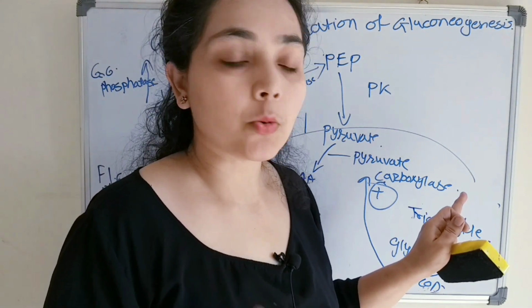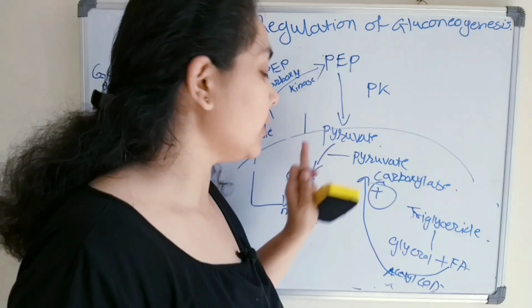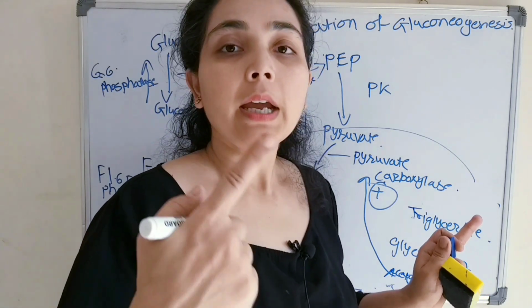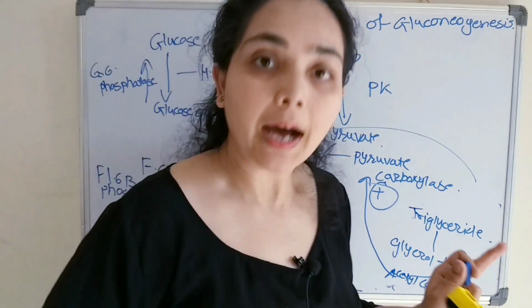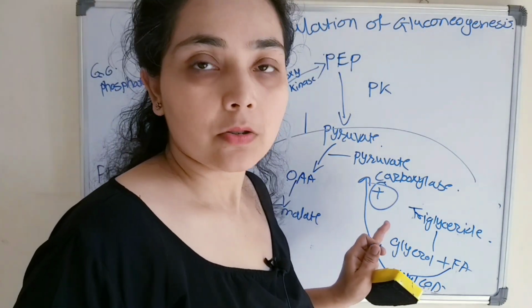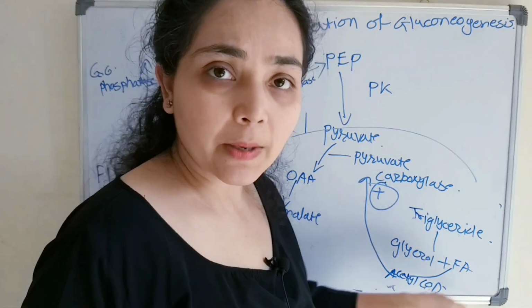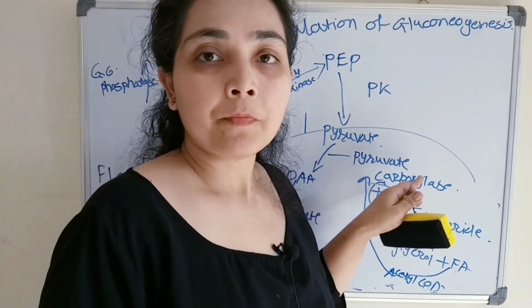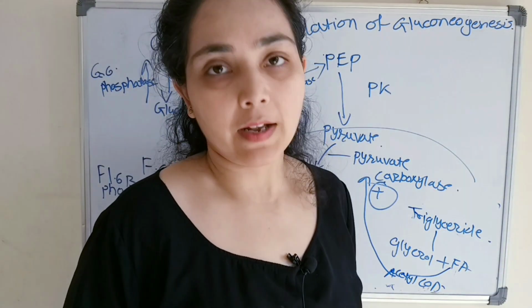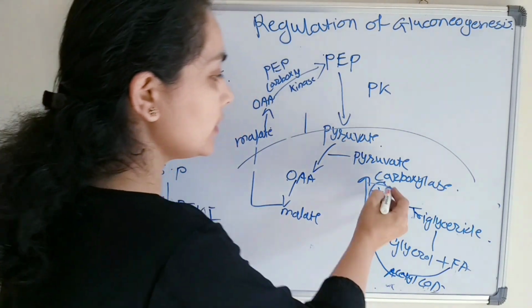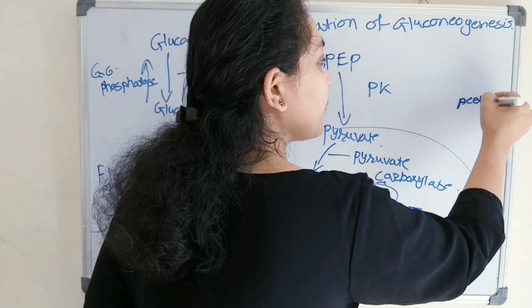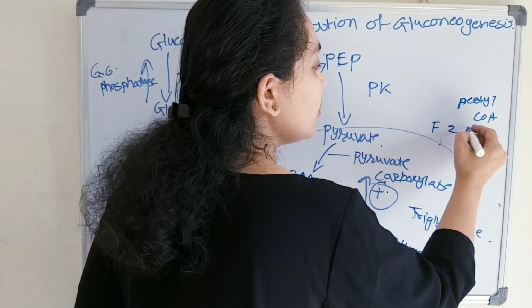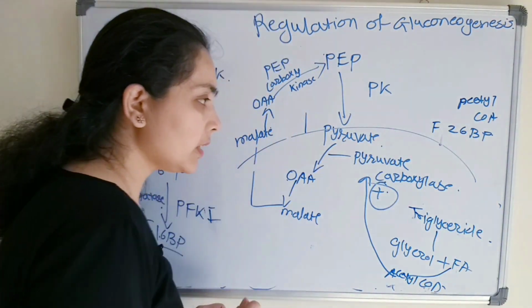What is pyruvate carboxylase doing? Pyruvate carboxylase is converting pyruvate to oxaloacetate. So if acetyl-CoA is present in large quantity, it is a positive regulator, and it will enhance the rate of this reaction. So that is the first step. This breakdown takes place during fasting, so the presence of lots of acetyl-CoA is an indication that the body is in the fasting state. Alright, so this is the first, acetyl-CoA. The second regulator is fructose 2,6-bisphosphate. Let's see how.